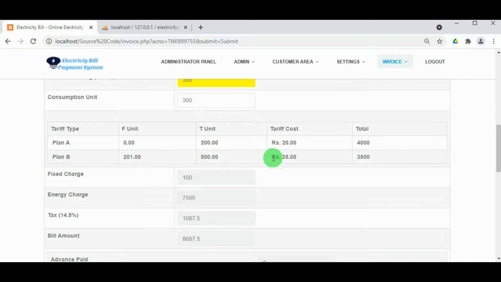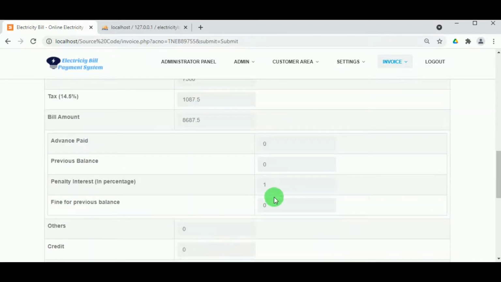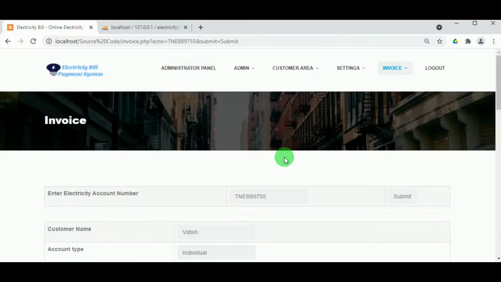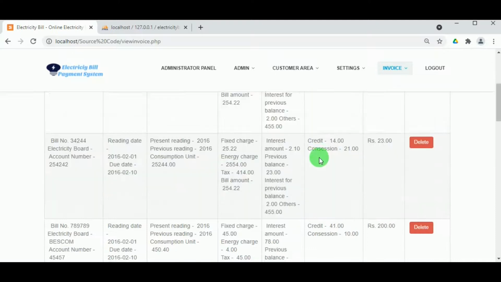On adding, we can see that the calculation is done automatically, and depending on the different tariff types the amount is generated, and there is a fixed charge of 100 rupees for cases when there is no usage of electricity. Then the due date is auto added, and once the invoice is added, this can be viewed under view invoice.